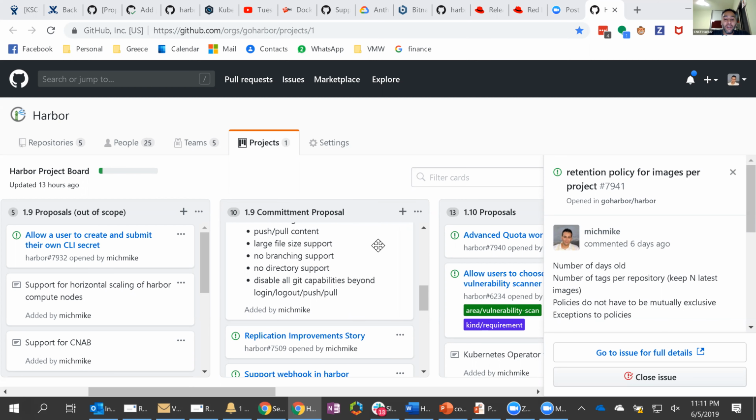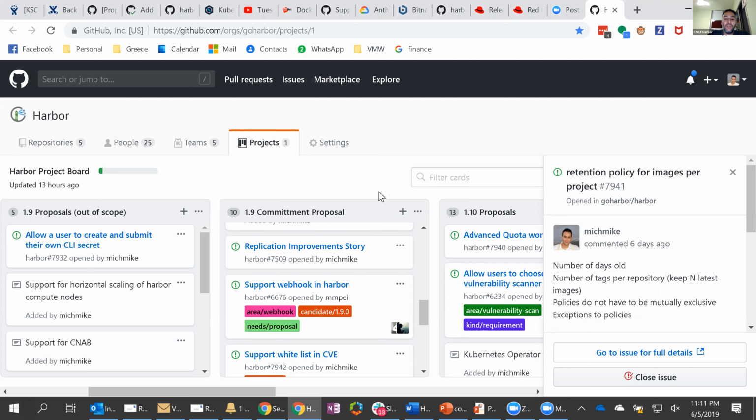All right, moving on. The application working group would like to continue making some improvements to the application. Think along the lines of adding more replication targets. So today we support Docker Hub, we support Docker Registry, we support Huawei Cloud Registry. We want to add support for additional registries, maybe AWS, Azure, GCP registry, maybe some other on-prem registries as well. This is not going to be a lot of work because most of these other registries are Docker client compliant. So it might work fairly well for us, but we need to test it. We need to implement the providers, and we need to make sure this all works.